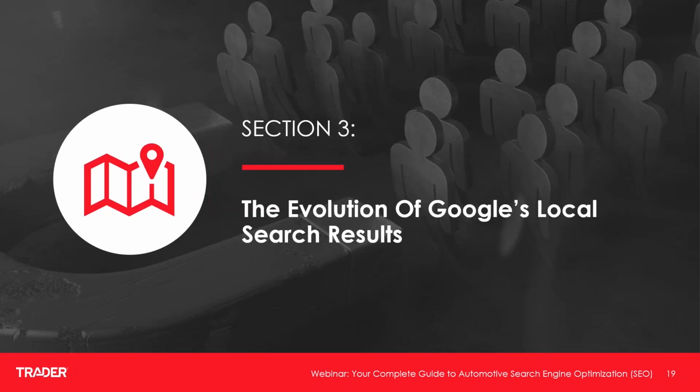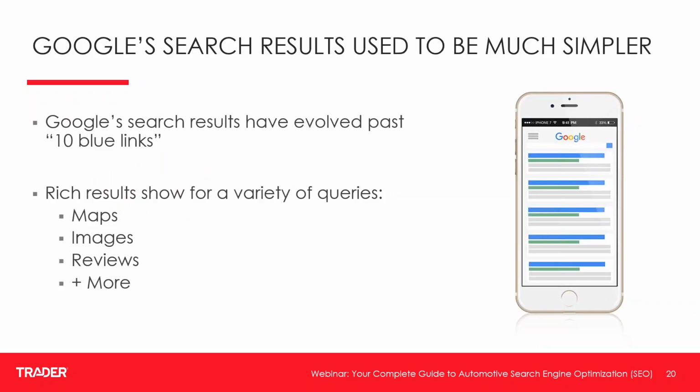Okay. The next section is about the evolution of Google's local search results. So when we talk about SEO, we first need to understand how our sites appear in search. When somebody searches for a query that we would love to get clicks and traffic for, what does the customer see before they get to our website? Because if we know what they see before they get to our website, we know the pieces of the puzzle